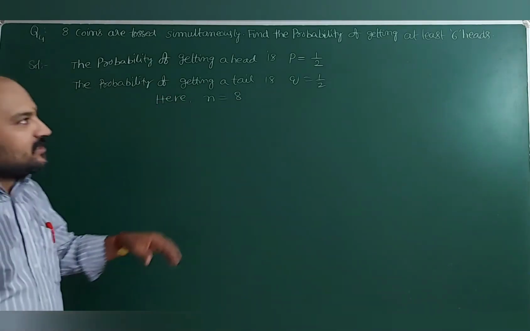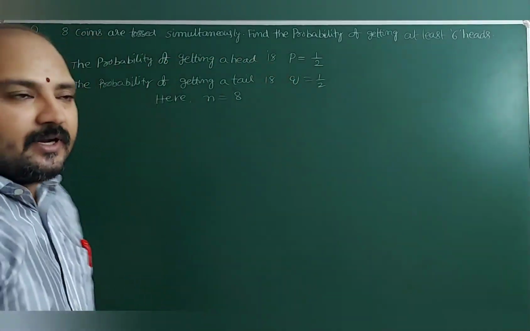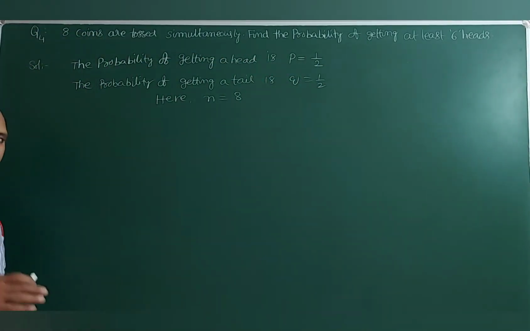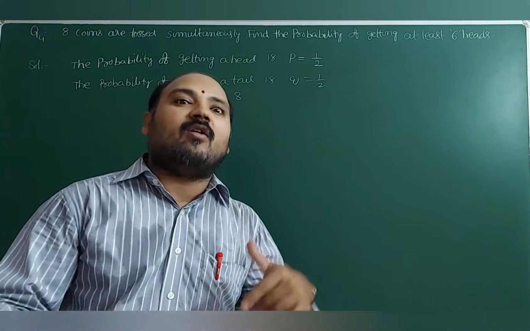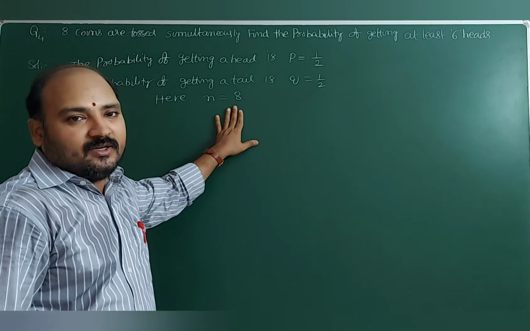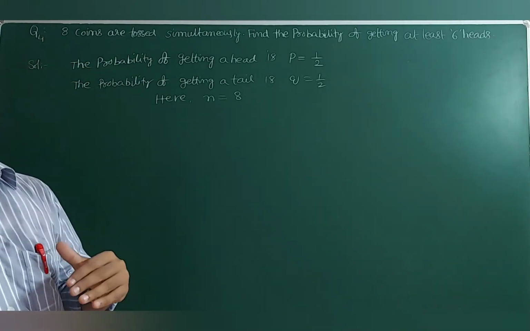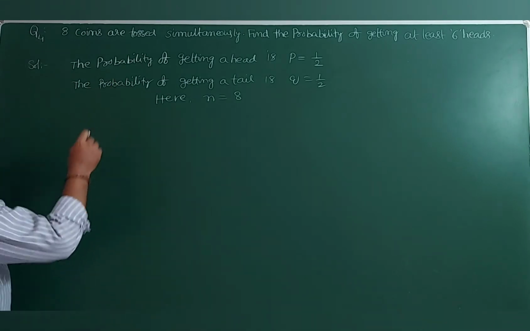But the question is, the probability of getting at least 6 heads, at least 6. At least 6 means either 6 or more than 6. So total how many are there? 8 are there. So at least 6 means either 6 or 7 or 8. So the probability of getting